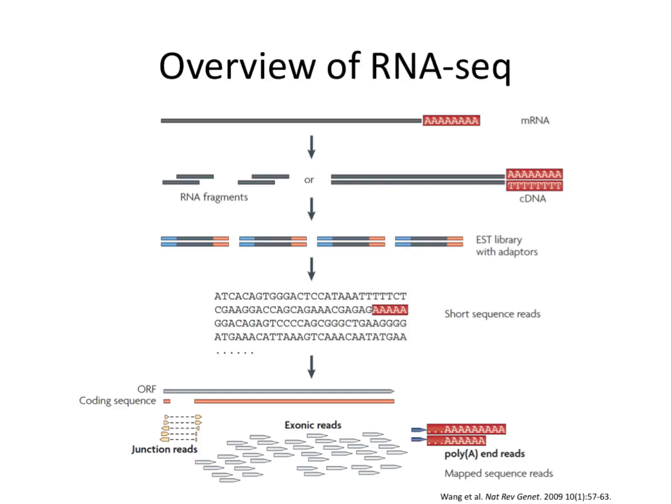A short sequence is read from each cDNA using high-throughput sequencing technology, which we'll discuss using the Illumina platform as an example. The resulting sequencing reads are aligned with the reference genome, for example, HG19 for human samples, or MM9 for mouse samples. These mapped reads are then analyzed for differential expression of genes between control and disease or experimental conditions.